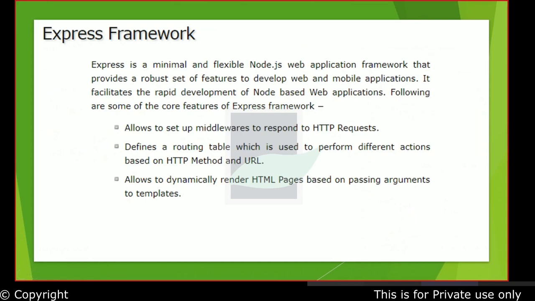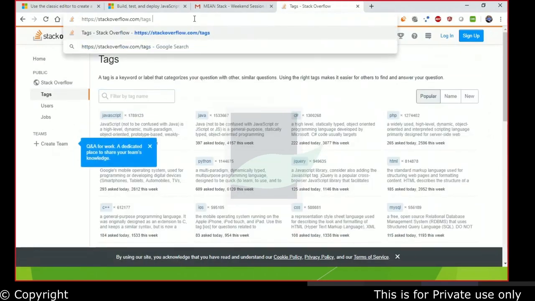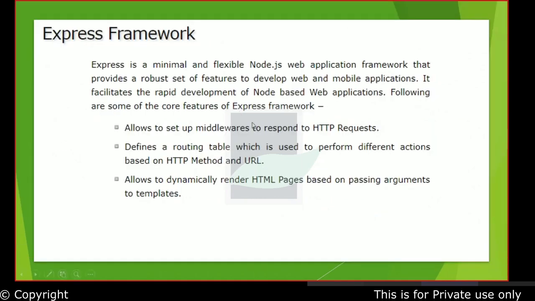We'll see all of that when we speak about the Express.js framework. So that's something we will get back to. It allows dynamic rendering of HTML pages based on arguments being passed to this template. You can also pass arguments to your URLs, saying name equals so and so. Essentially, you can pass arguments in different ways: from headers, or from your URL. So you have multiple ways in which you can pass your information and your parameters to the actions. We'll see all of that when we start speaking about Express.js.